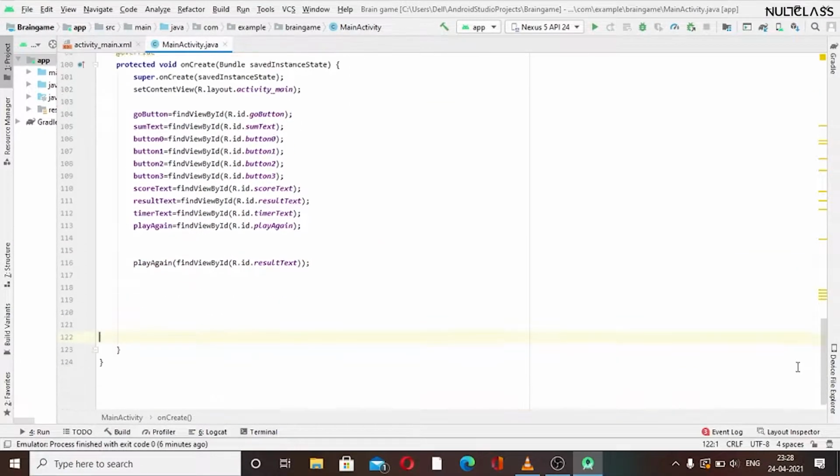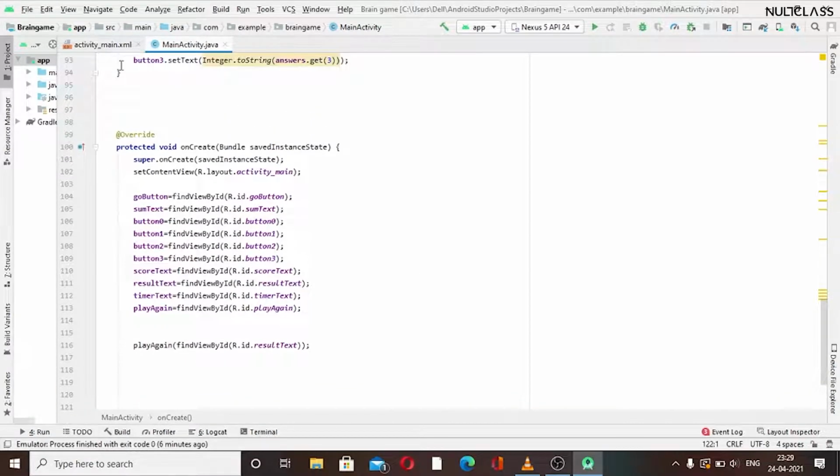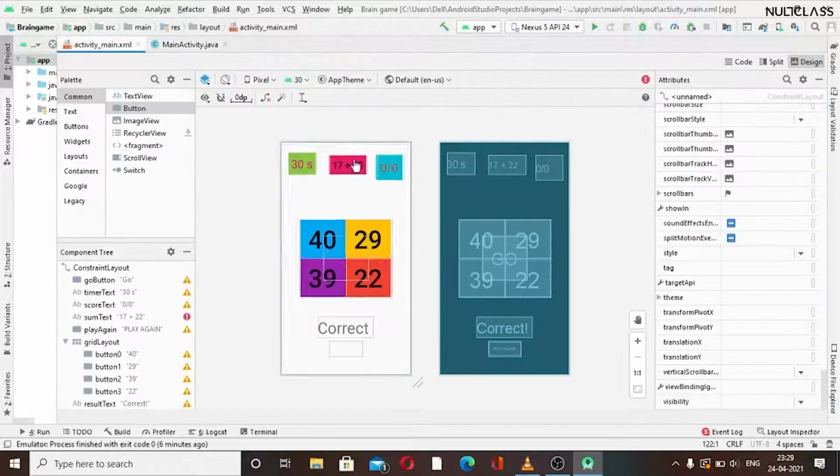Just one thing we have to do is show this play again, like whenever this game starts. So firstly we have to show the go button, and all these things should be invisible. So we have two ways of creating that. First one can be that we go to all of its different properties, like timer text, score text, and this, and set each to invisible. But instead of that, this would be a whole lot of work to do.